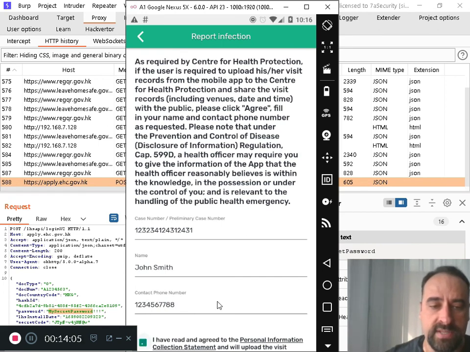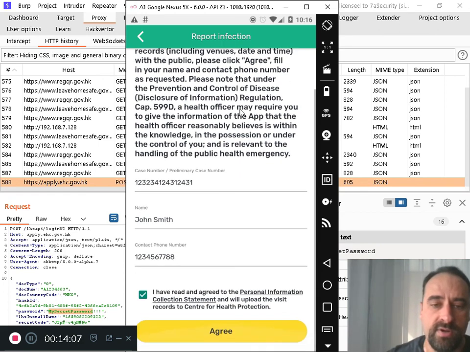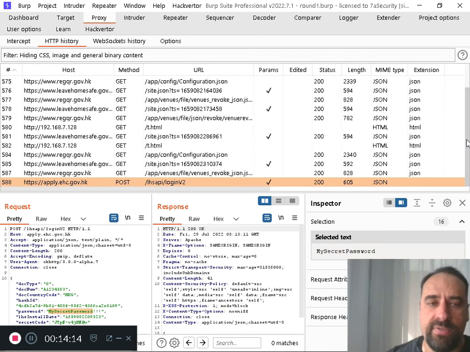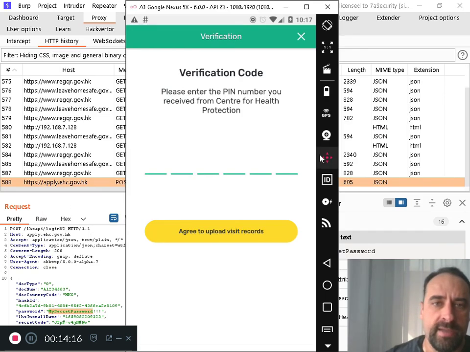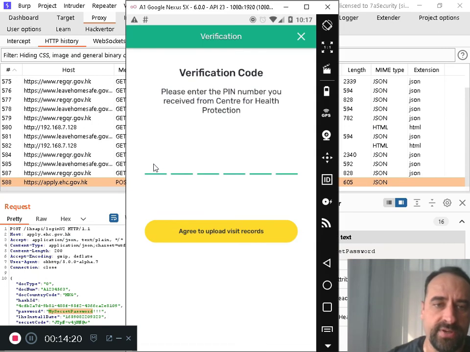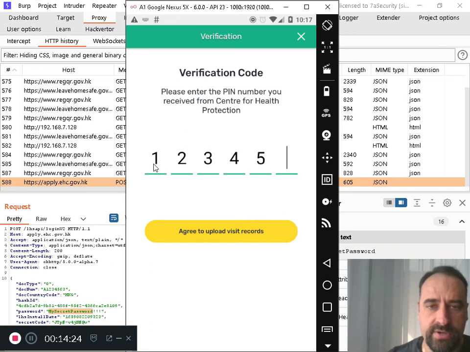And then I just hit that I have read and so on, and then I agree. And then this is the second factor authentication, right? This verification code, if I enter it here, this would be what the user receives on the phone. So if I enter some numbers here and I agree to upload visit records,